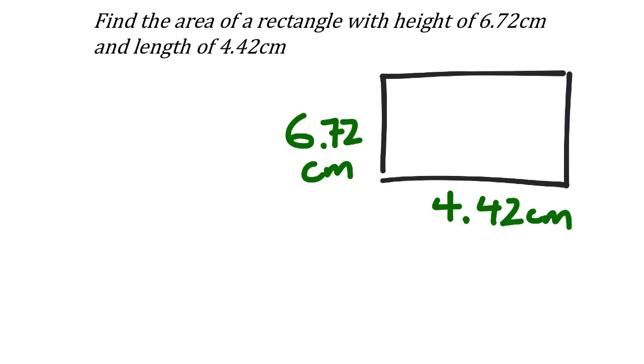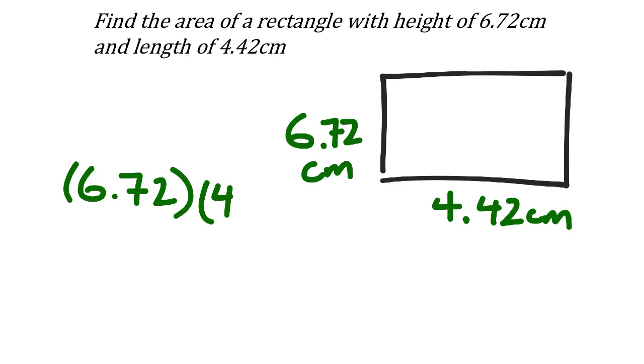So, something like this. Well, the area is just multiplication of the length and width. So I would take 6.72 and multiply it by 4.42. Now, since this is an application, I'm not really worried about doing it by hand. I've shown the work here, though, and that's the important part, that we do show the work. But I can just put this in my calculator now as 6.72 times 4.42. And you could use the parentheses like I've done in the problem there. I typed that incorrectly, so let's fix that. And it gives me